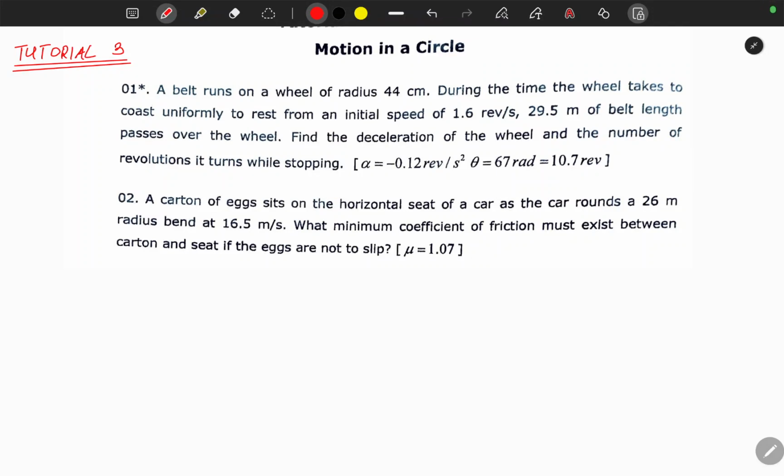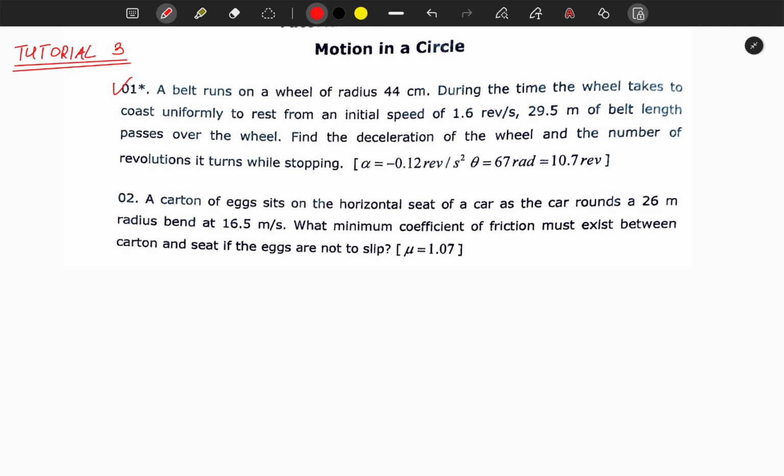Welcome to tutorial 3 of circular or rotational motion. So the first one says a belt runs on a wheel of radius 44 centimeters. During the time the wheel takes to coast uniformly to rest from an initial speed of 1.6 revolutions per second,